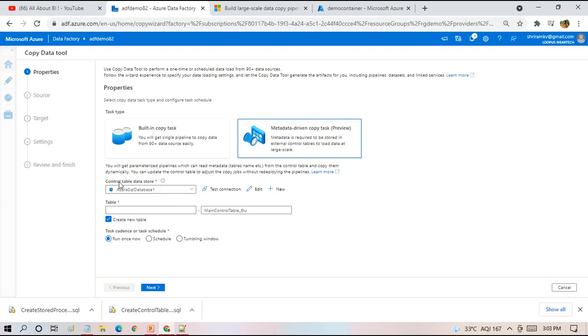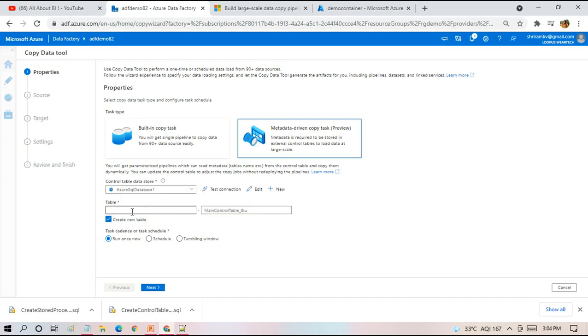By default, if you choose the data store or the database name where you want to create the control table, you will be given this option. This is the schema name that you want to give, and this is the table name. This table name is called main control table. What it is going to control, you can hover over this and have a look. The metadata will be stored in the control table, so that the generated pipelines can always get values from the control table. Don't confuse with anything. It is just a lookup table kind of, where our pipeline is going to look before doing the copy activity, to find from what source to what destination we have to copy. That information is going to be stored in the control table.